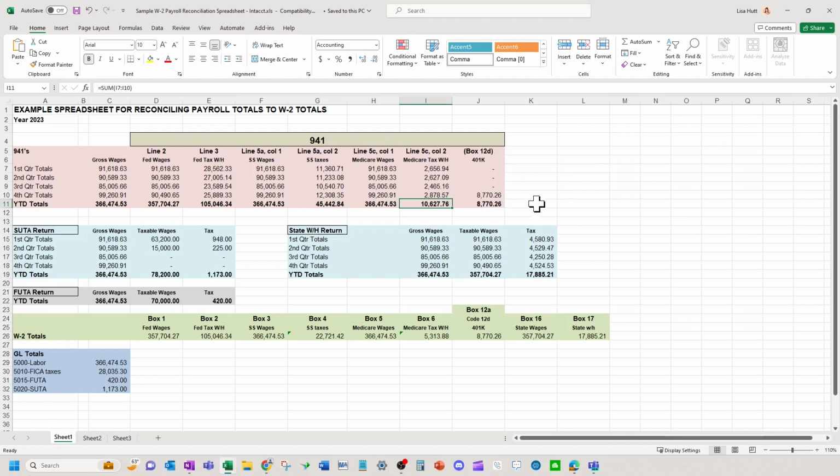Okay, so here I've also listed box 12D. So per payroll reports in Intacct, we'll make sure 401k withholding deduction nets out to gross wages minus 401k to get to your Fed wages here. Okay, make sure that these tie out here to your W-3.